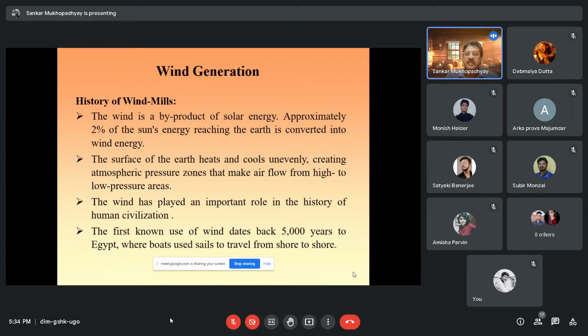Now, wind generation is basically a form of energy conversion from wind energy to electricity. So the process is not very complicated. There is a turbine called a wind turbine. The turbine which earlier used to be fed by steam,